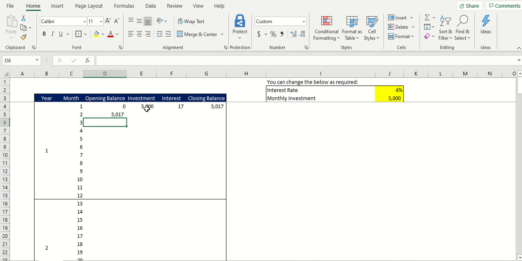Your investment, however, would remain the same because that's how we have modeled this here. So since I have locked in cell F3, what I do is I drag it here. The benefit of locking in the cell is that now when I drag this cell below, this value won't